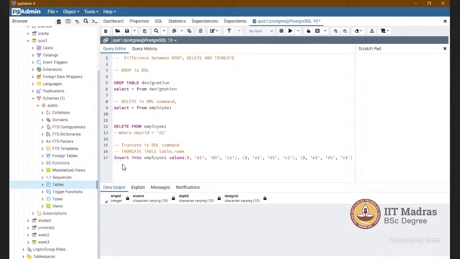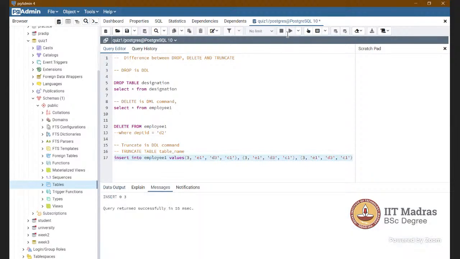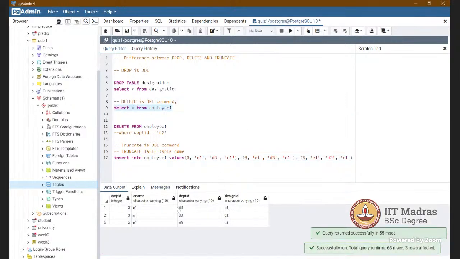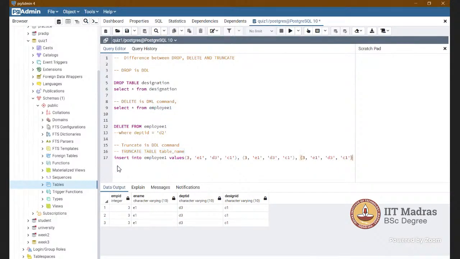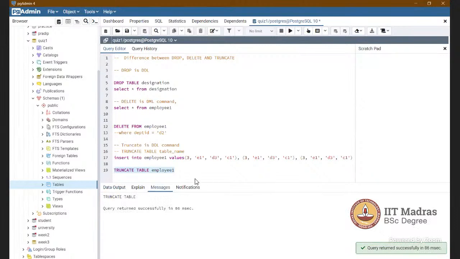Right. Let me insert this and see what the content of the table is. Okay, these are the content. If we use this particular truncate command, let me see the content.